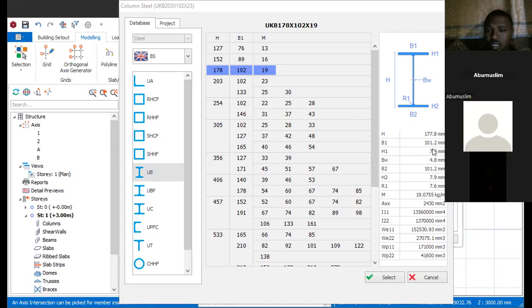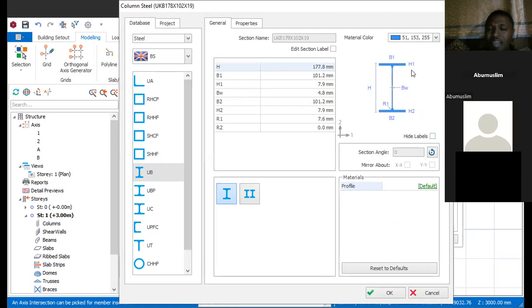Now you can see this is telling you the breakdown of this particular section, giving you the information about this section: the height of the section, the breadth of the section, every necessary piece of information. So if I click on OK, if I click on select, I can as well